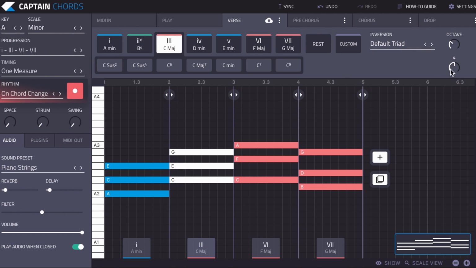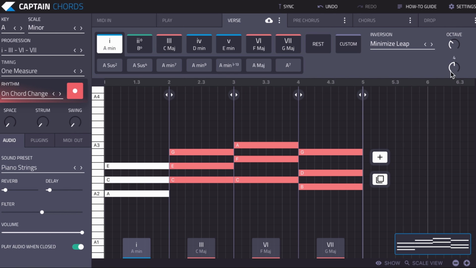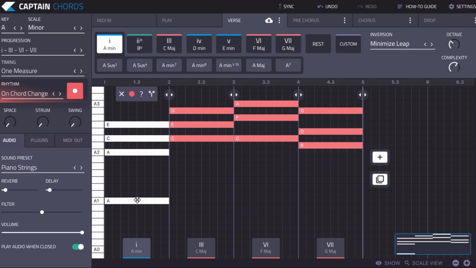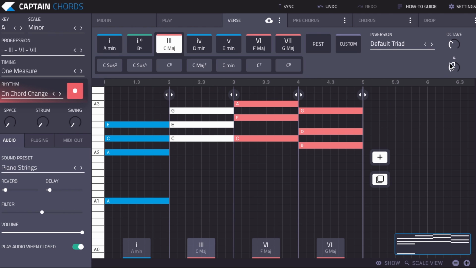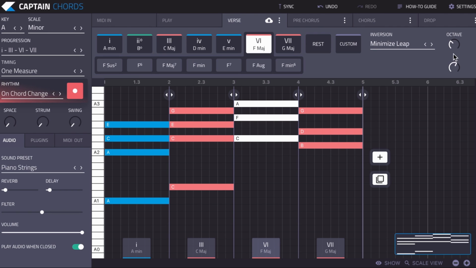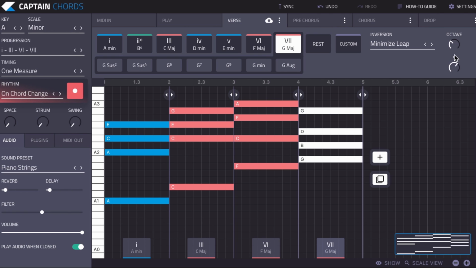Then complexity. Again, this is to do with voicing, and so this increases the voicing. So rather than having just a default triad of 3 notes, if you turn the complexity up, you can add an extra note. And by default, when you first add an extra note, it will add it as a bass note, an octave down. You can see it's an octave down from there. So this is a great way of thickening out your chords, making them sound a bit fatter. And if your track's not too busy, it's a great way of filling it out, like that.